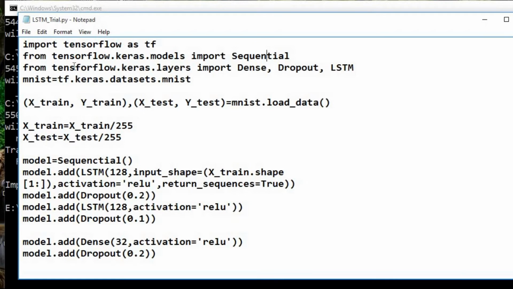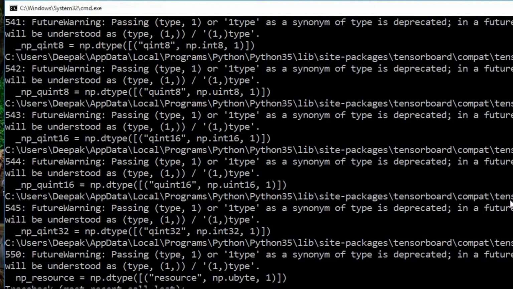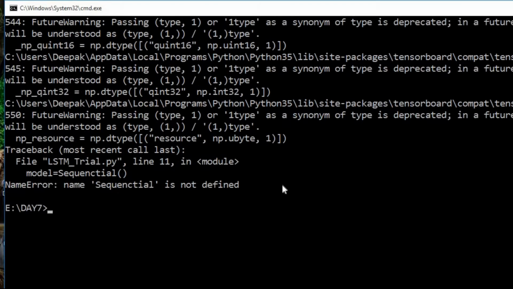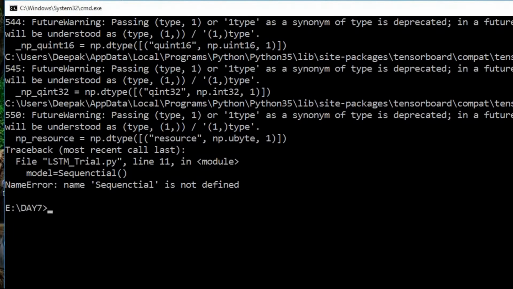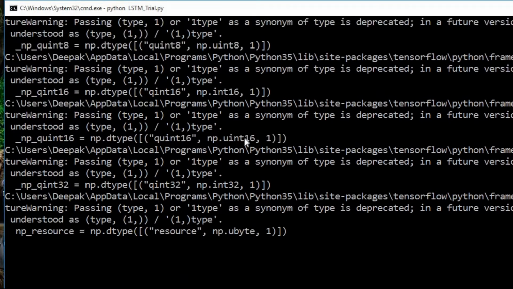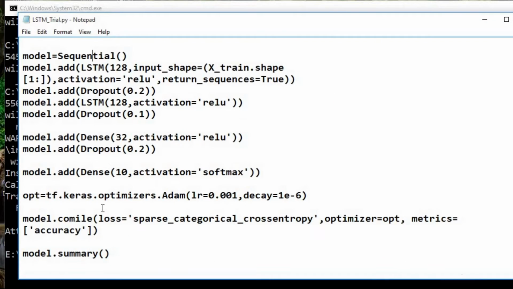So while typing Sequential, if it is a typo, you will immediately come to know that you have to change it when you are using a particular IDE, because keywords and statements are defined by particular colors and you can easily identify them. This is the only drawback of Notepad. Compile it again after correcting the spelling.